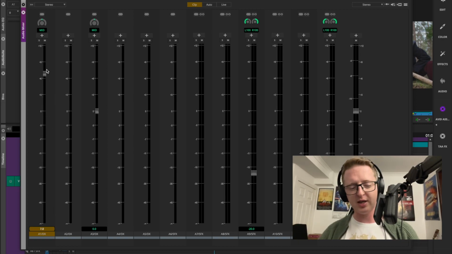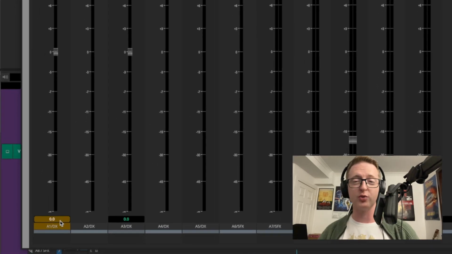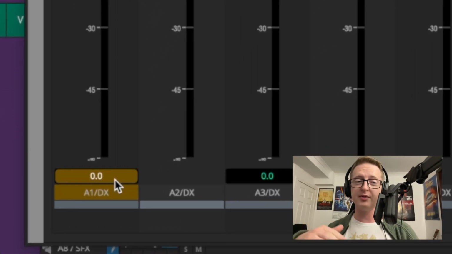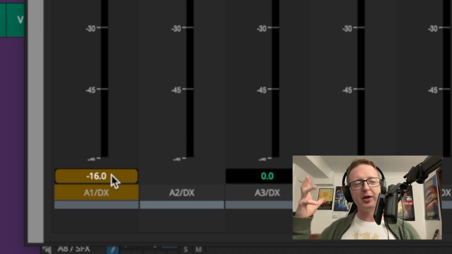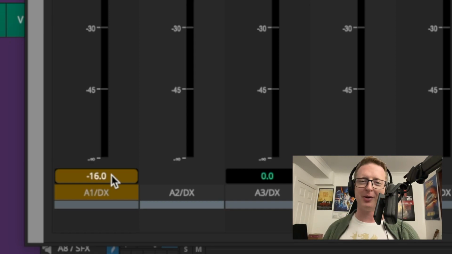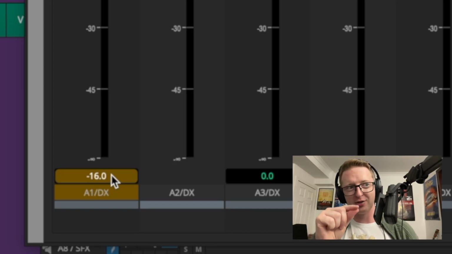You can click and drag, or you can click in the little display at the bottom showing the audio level in dB, and you can just type plus or minus whatever number. So we're at 0 right now for this dialogue here. I can go minus 16, enter. There we go. We are now minus 16. That's kind of my preferred way to do it, only because I have a little bit of OCD about decimal point numbers and I don't like them, so I like a round number. So the easiest way to do that is to just type it in rather than trying to drag to an